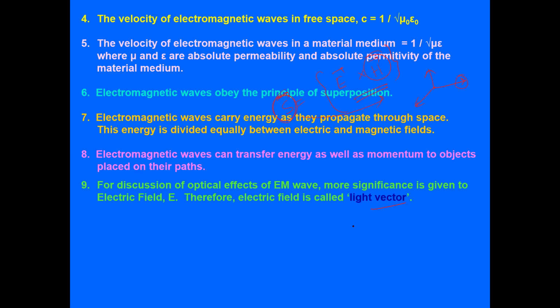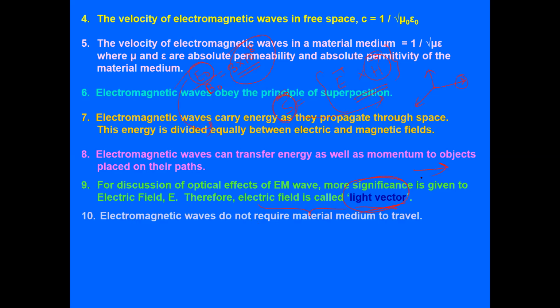But as you know, the electric field is the dominating one, because the electric field maximum E0 divided by the magnetic field maximum B0 is the velocity of light, that means 3 into 10 to the power 8. Dominating means that the value is higher, that is why it's the velocity of light multiplied by the magnetic field. So the electric field is called the light vector, but the direction of propagation is along the Poynting vector, that means perpendicular to both the electric field and the magnetic field.